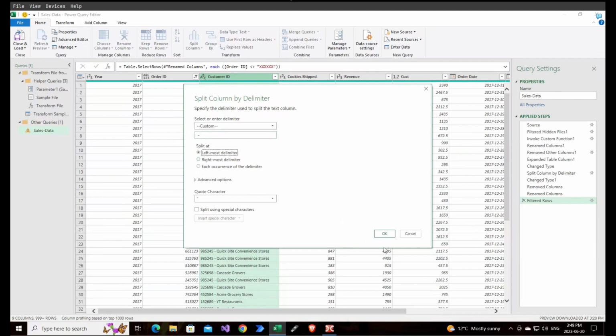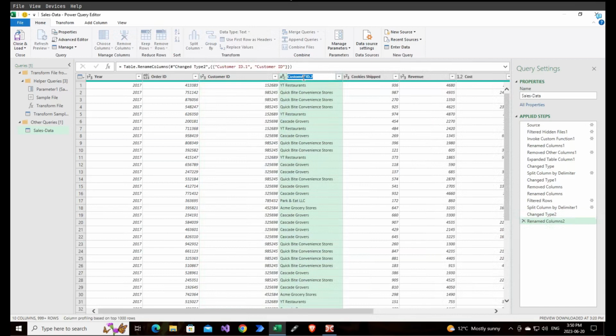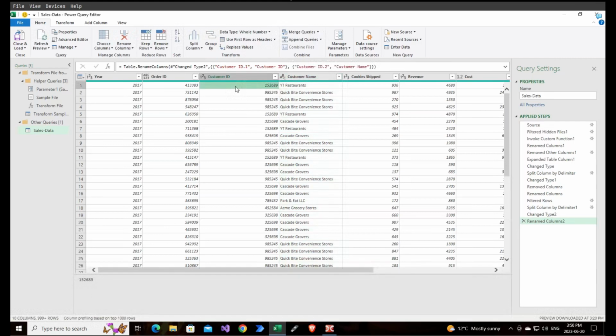Left, doesn't matter. There we have the split. Rename. Rename. It's a good type. And there's our two columns.